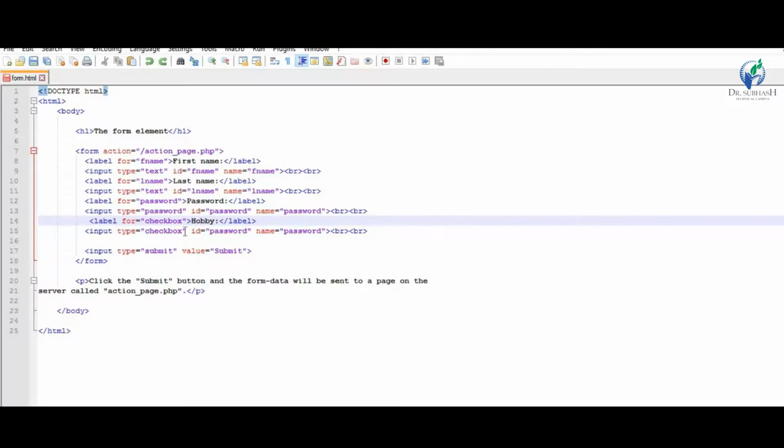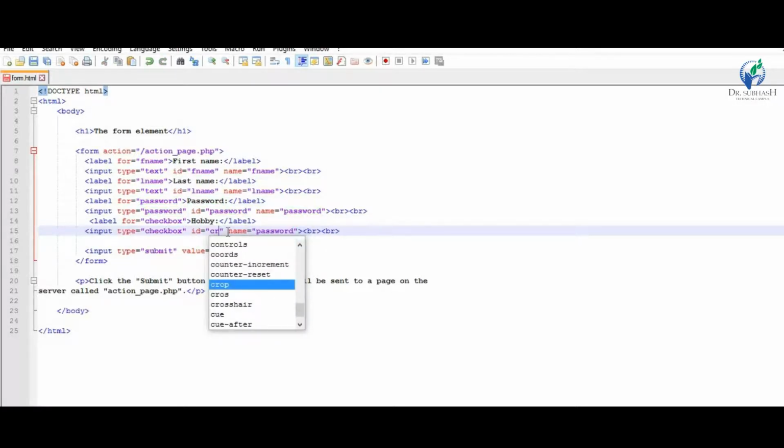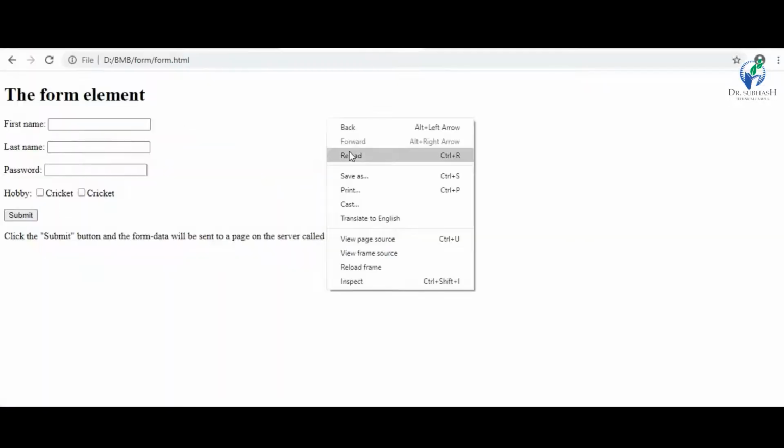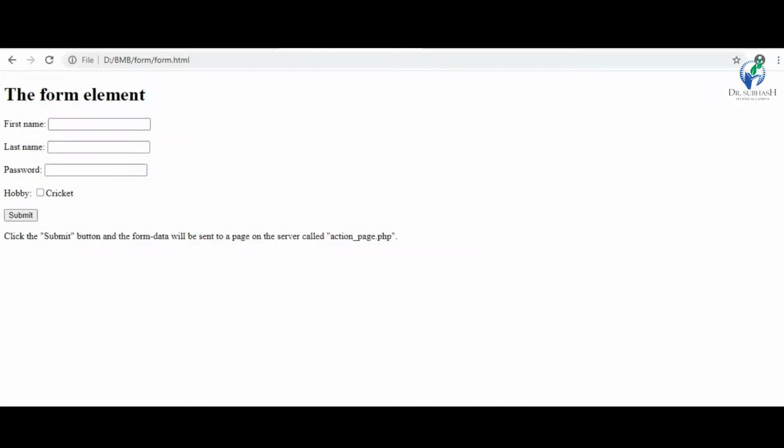Then input type equal to checkbox, id equal to, for example this one is for cricket, so id equal to cricket, name equal to cricket. Just save this file and reload this: hobby and cricket.